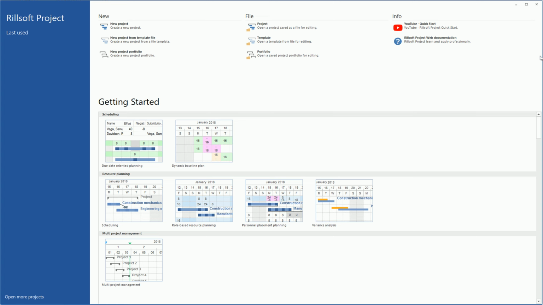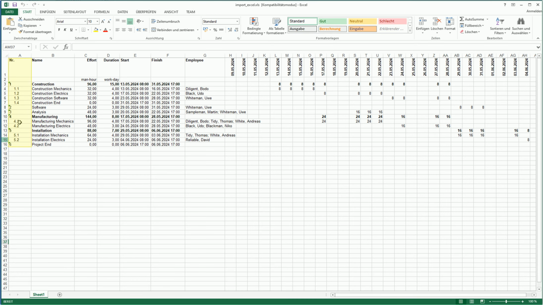In Rillsoft Project, you can create a new project from a text file in CSV format. Suppose we have our project information including project structure, names of subprojects, names of tasks, start and finish dates of tasks in an Excel file. An example file might look like this: